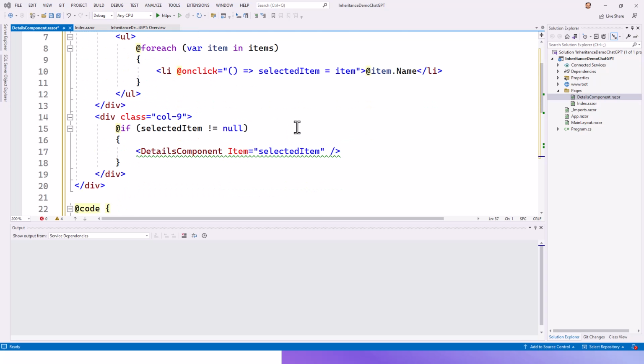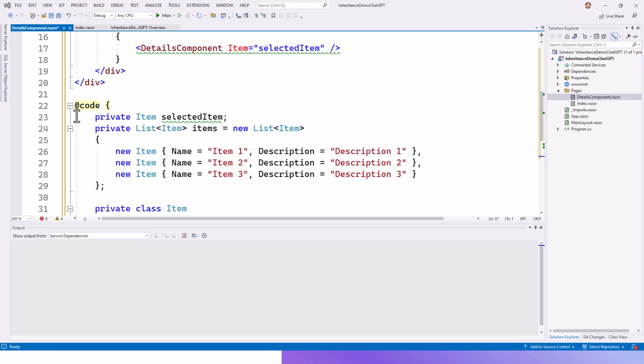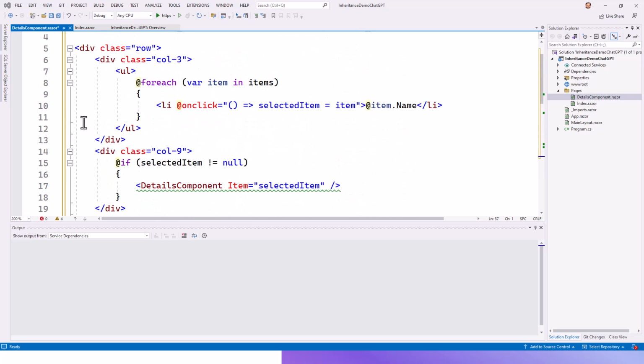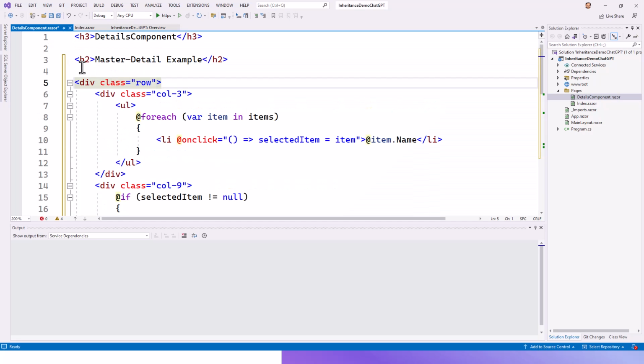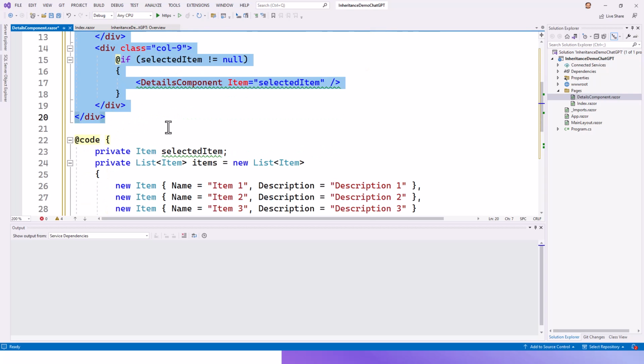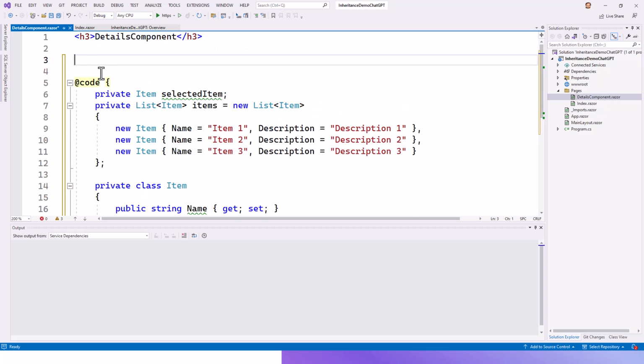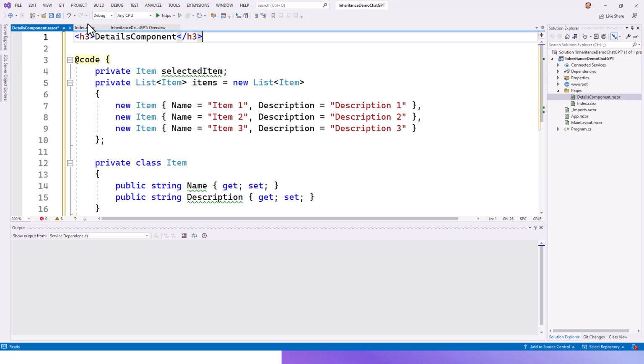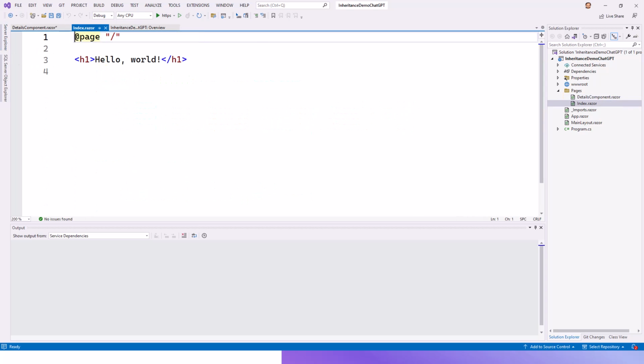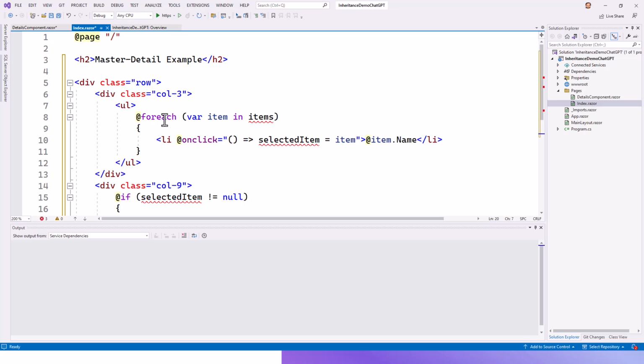Okay. So what I will do is I will keep the code part intact from the details component, and take out this stuff, everything above the code, just cut it. Okay, and I will paste it in the index component, and I'll tell you why I am doing this in a bit. So Control V. Okay,